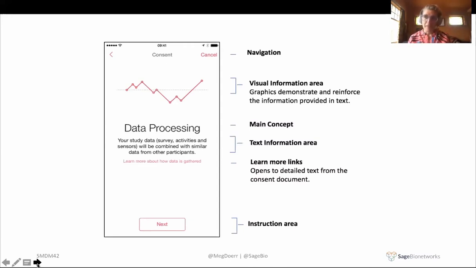There has been some really interesting research done that shows that when images relate to text, our reading speed slows down. And when our reading speed slows down, we're more likely to pick up information that's important to us. So creating a visual information area with an on-topic image was really important, we thought, to this electronic informed consent